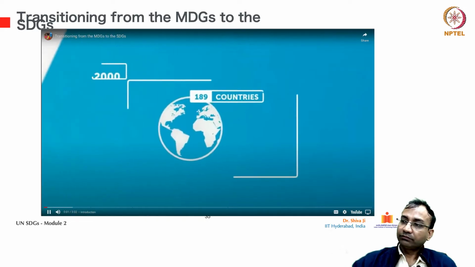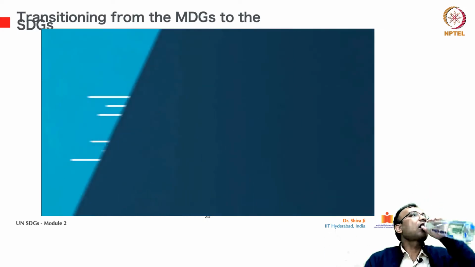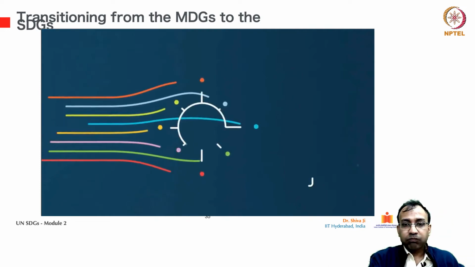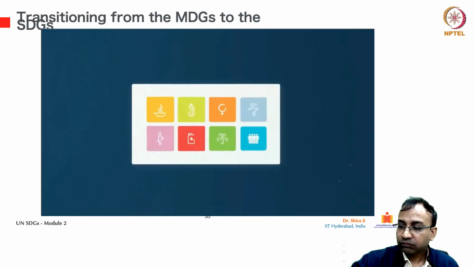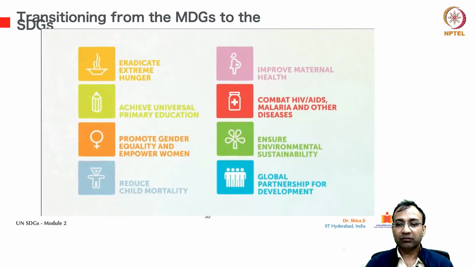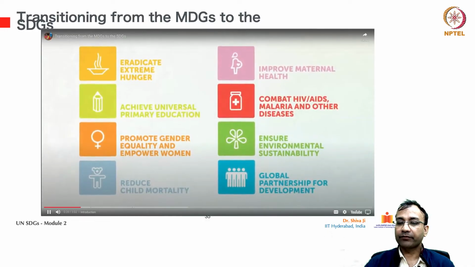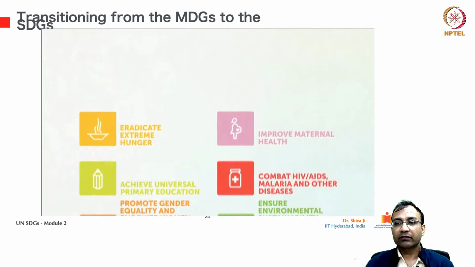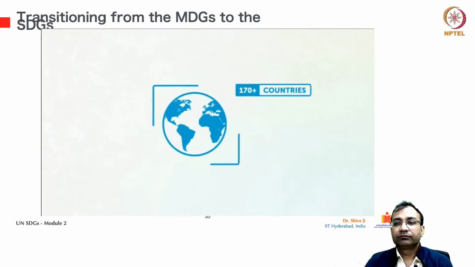In the year 2000, leaders from 189 countries agreed on a vision for the new millennium. They wanted to end extreme poverty in all of its forms. So they made a list of 8 goals, called the Millennium Development Goals, and they wanted to achieve these goals in 15 years. One of the leading organizations working to fulfill these goals has been the United Nations Development Program, or UNDP. We're present in more than 170 countries and territories.